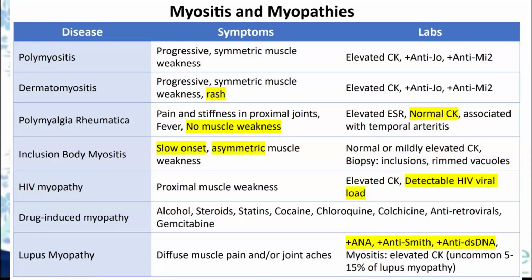So this table I put here so that each of these diseases has a differentiating point that will help you in the question at the exam to identify, okay, it's this disease they're talking about and not the other one. Because like I said, at the exam they will make it look like one thing, but there'll be one point that will help guide you to the right answer, right?